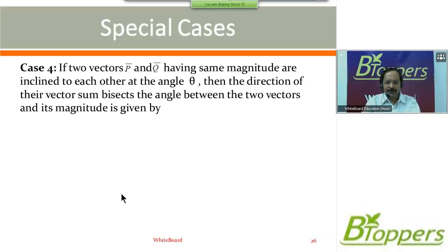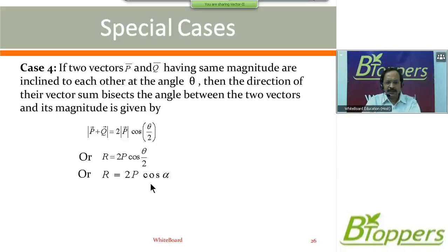Coming to the next case 4. In general, if two vectors P bar and Q bar having same magnitude are inclined to each other at an angle theta, the direction of their vector sum bisects the angle between the two vectors, and its magnitude is given by magnitude of the resultant of P bar and Q bar equal to 2 into magnitude of P bar into cos theta by 2, or same result can be written this way, R equal to 2P cos theta by 2,